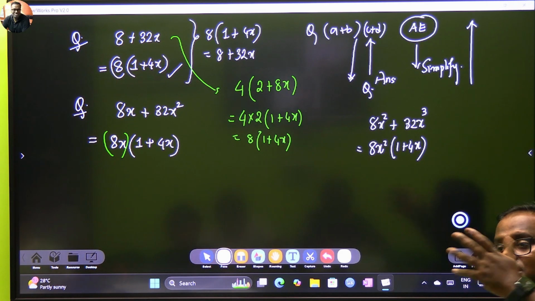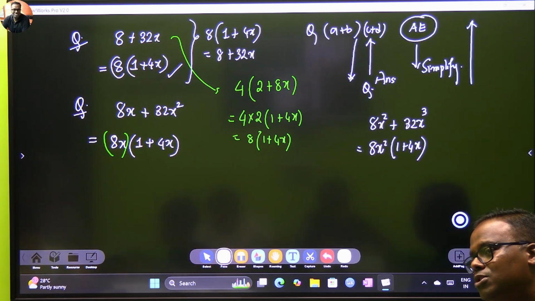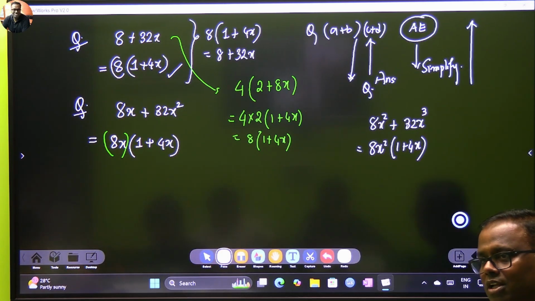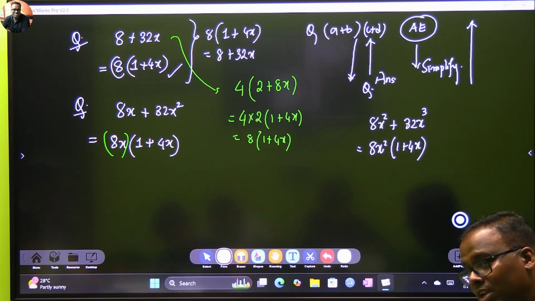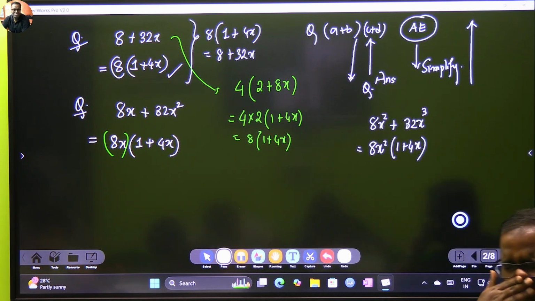You did partial factorization. The whole problem in this is that children will not know the complete factorization skills. You could have taken out some more common terms, which you missed. Did you get the point? So when you are releasing your answer, check whether there is something more which can be taken out or not. There is something more that you could have taken out.